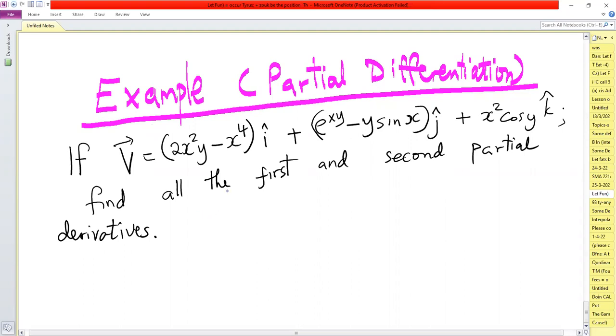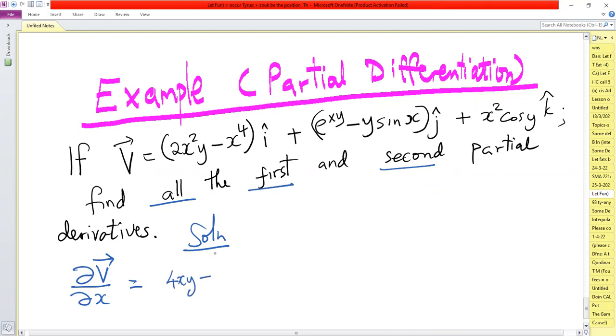So let's provide the solution on how to find all the first and second partial derivatives of this vector valued function. First, let's define partial v partial x. This term will get 4xy, minus this term will get 4x to the power 3. And then we have the i vector,